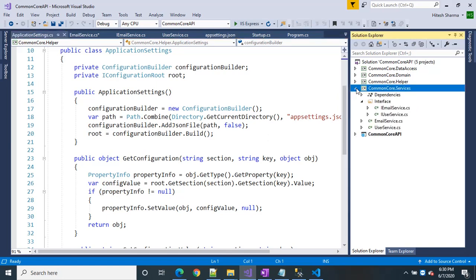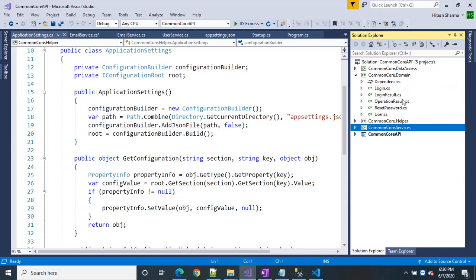We have already seen the service layer. Here services are created using interfaces as per proper business standards. This whole API is developed as per business standards. This is the core domain. These are the normal domain models which can be used to post data into the database or read data from the database, so they can be directly consumed by the API, meaning the Angular application.